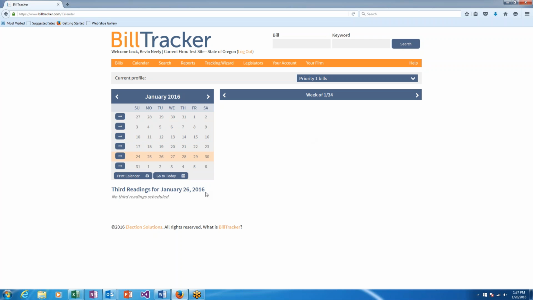Finally, we do show you the third readings for the day. The third readings do tend to populate very early in the morning, often around 5 or 5:30 in the morning. These third readings are toggled to whatever profile you have up here. If you have no profile set up, it will show you the bills for which you're a bill manager. If you are not a bill manager, you are